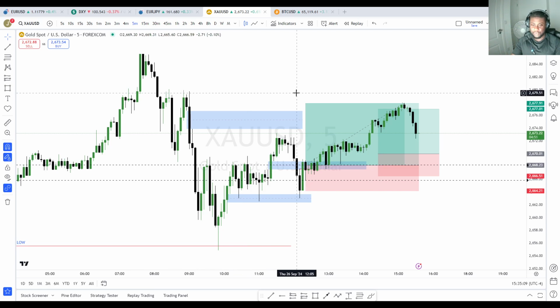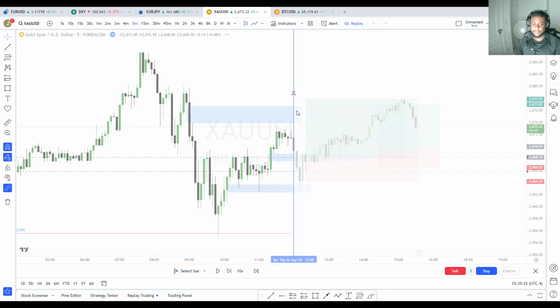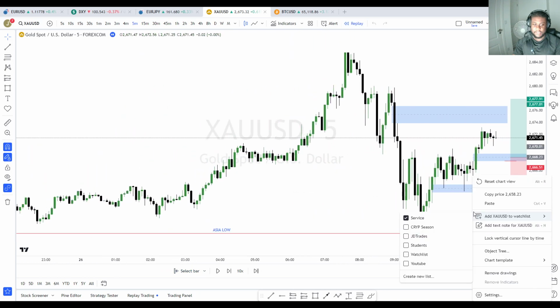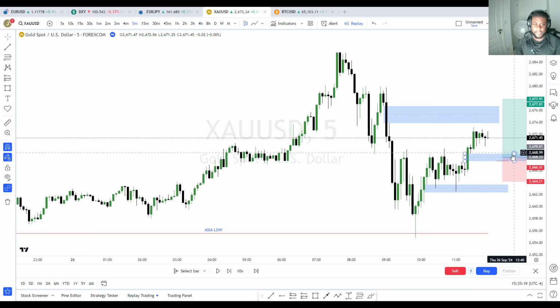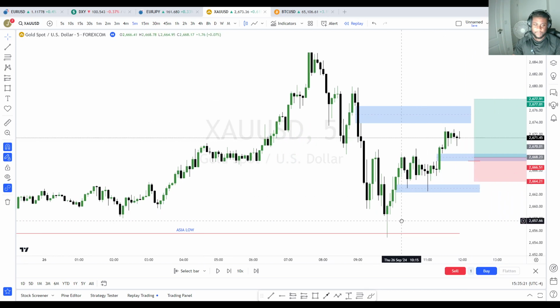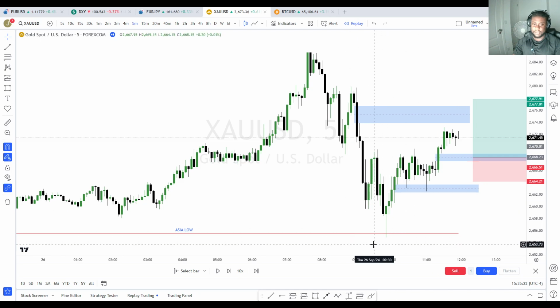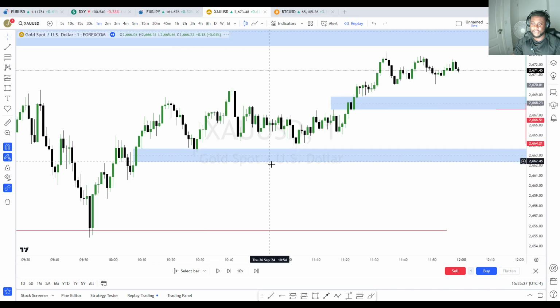And I said to the Telegram, like, look, we have a potential trade inside this area here. Okay, so we were looking like this. And I said here, let's monitor this area and wait for a potential pullback into this area to go long, right? Because from looking at all the price action I can see here, there's a good chance that price will give us a push to the upside.